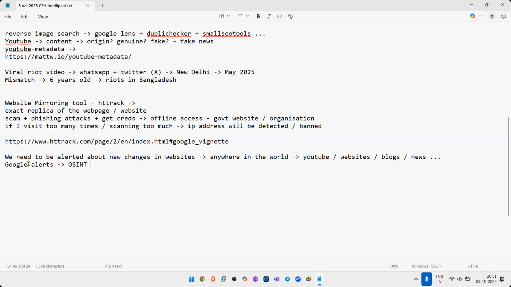So if some new details have come about your target on any platform, you will be able to instantly get the details. This is good for trend monitoring. This is very good for hacking purposes, for threat intelligence, for cybersecurity monitoring. A lot of applications can be there. Let us go and see how this tool works.